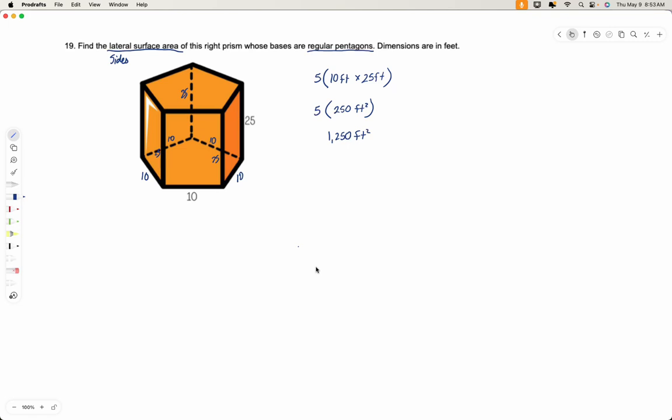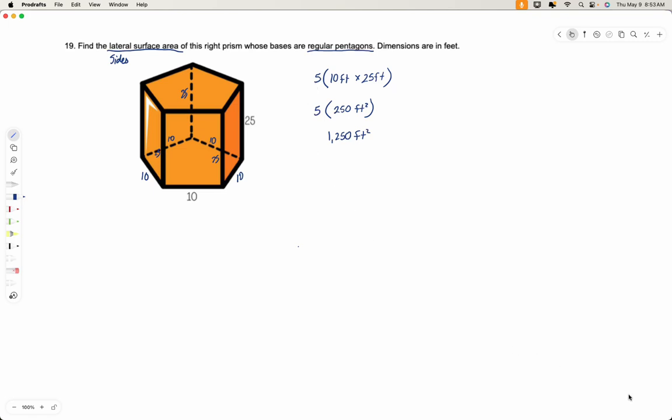Math is logic. You have got to use your brain to see what's out there, to see the problem. Take it apart. Understand it, okay? You have 5 rectangles around the edge of this pentagon, and we only wanted to know what those 5 rectangles were. Okay, regular means they're all the same, so you can multiply by however many there are. You've got to pay attention to your key words.